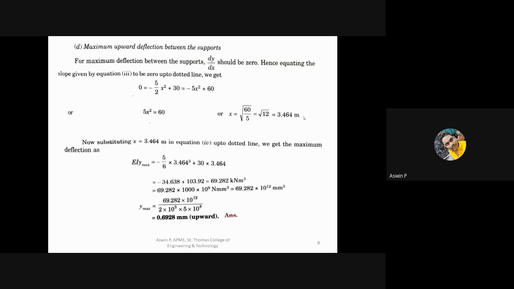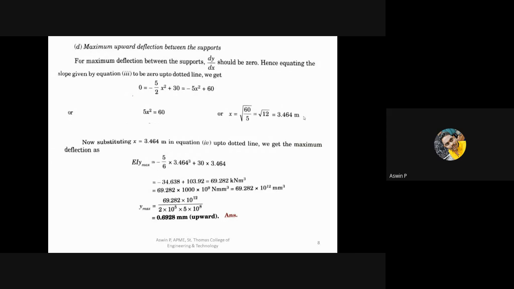3.464. So we need to find the maximum deflection which is asked. We have the deflection equation. In that deflection equation, we need to substitute x equal to 3.464. Understood? In the deflection equation, we need to substitute x equal to 3.464. That is EI y max equal to minus 5 by 6 into 3.464 cube plus 30 into